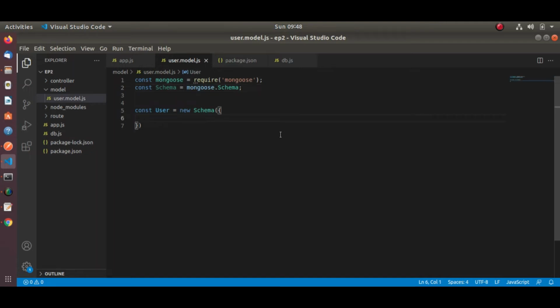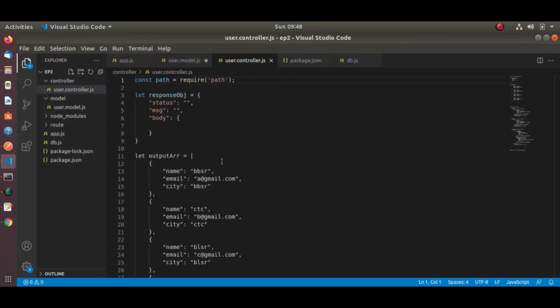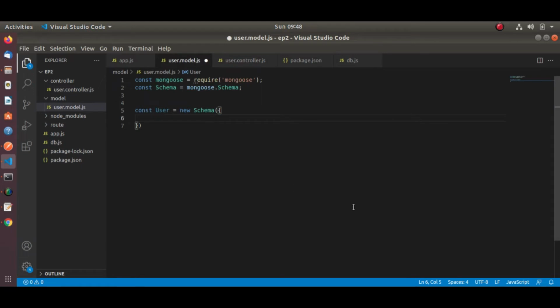Now let's prepare the schema. So let me open the controller file. Inside the array, whatever fields we are using, name, email, city, the same we will take. Name, type string. We will put the default value blank.